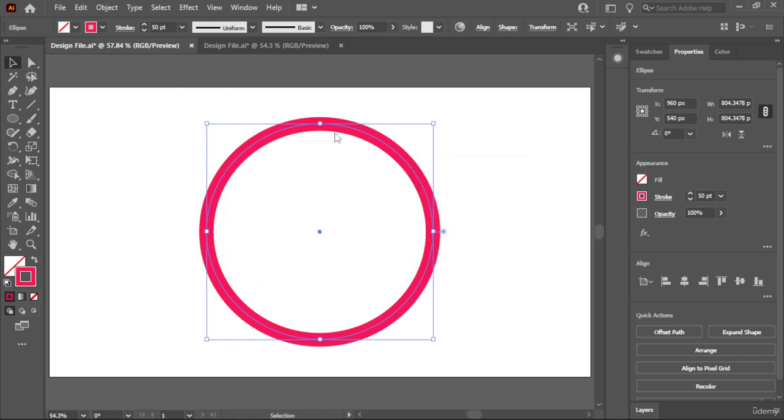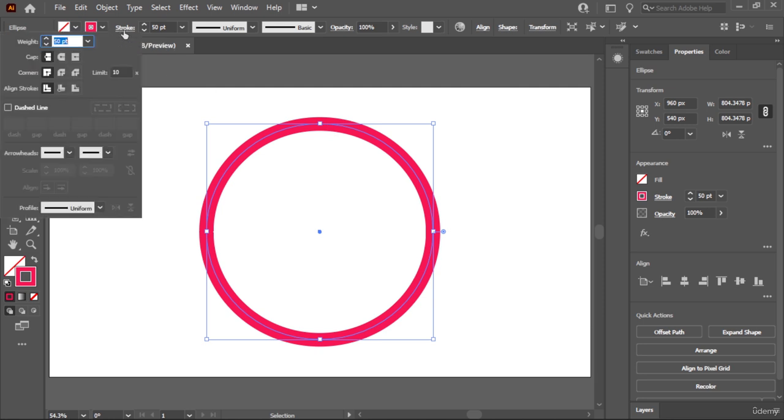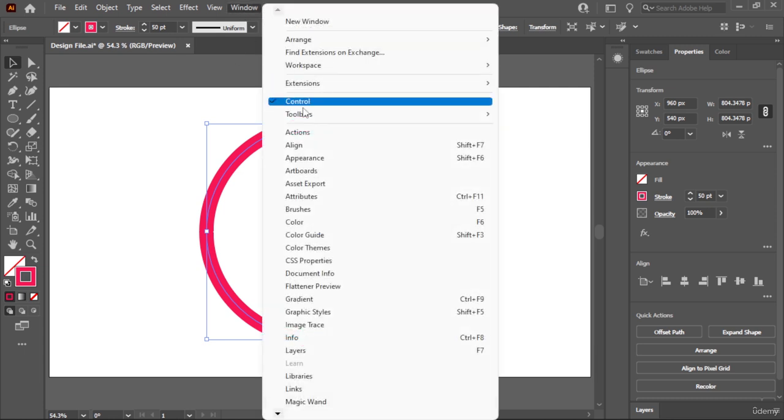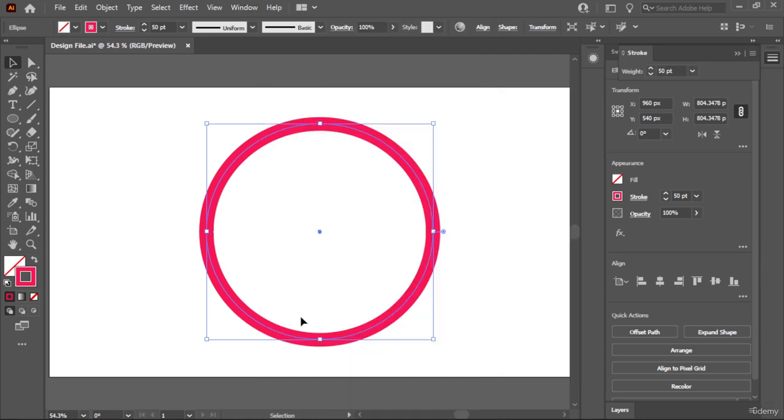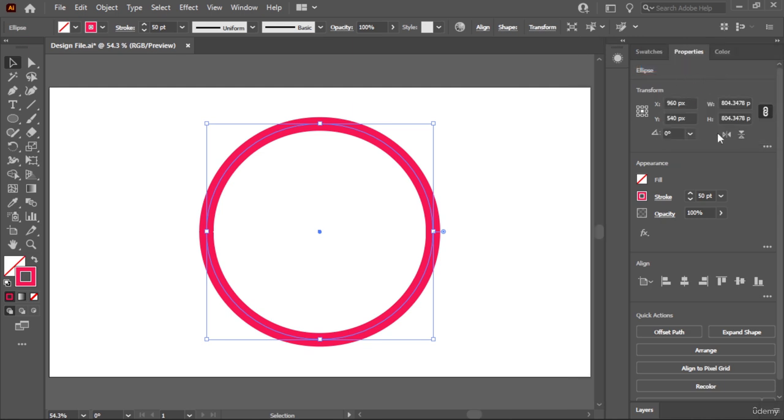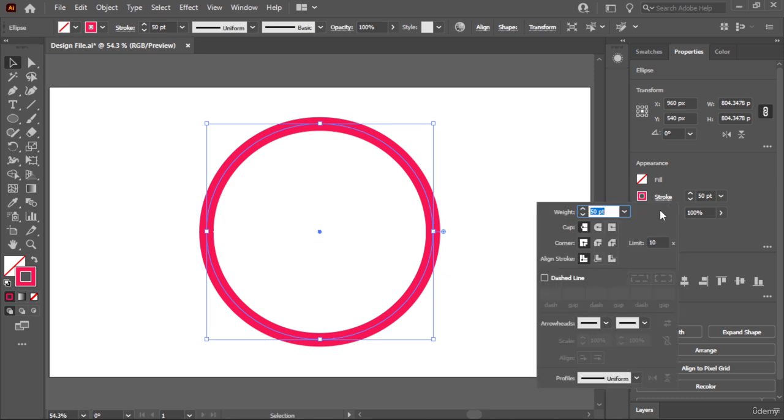So after that I'm gonna select this and click on stroke, and you will see stroke options over here. I guess there is even a stroke panel in Windows. So if I click on this and move down, yeah, there is even a stroke panel. So you can totally use any of these if you want. I'm gonna close this. I'm not gonna use this. I guess the properties panel over here and here are enough for us. Okay, so coming back to the point, you can see that we can increase and decrease the stroke,